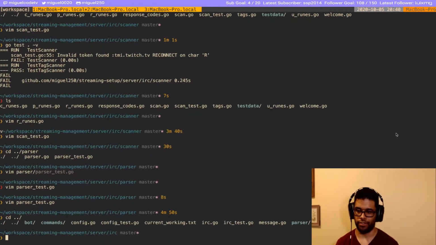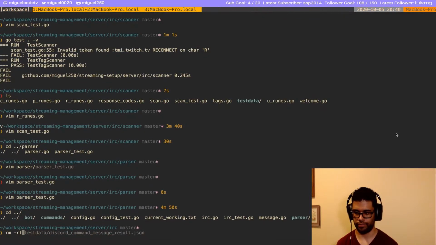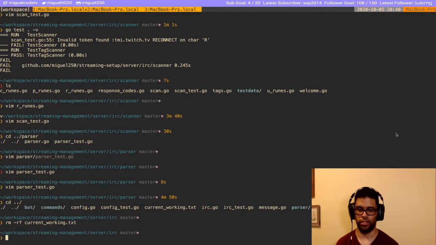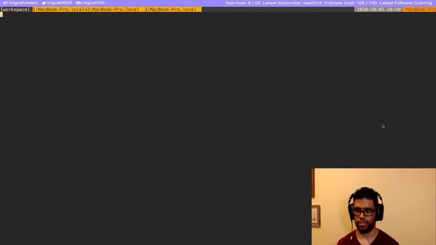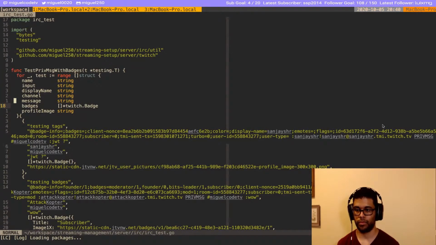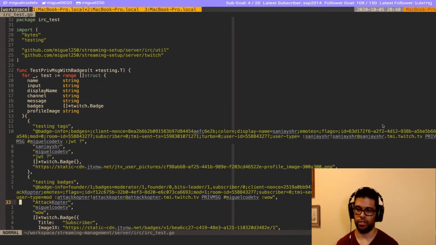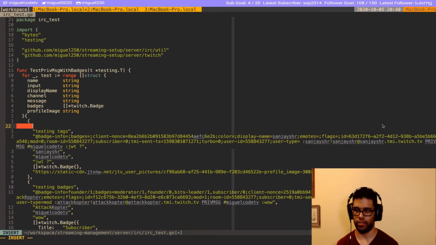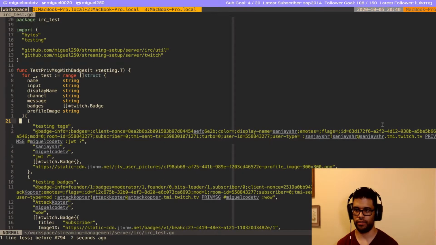And the next part we have to do is teach our client how to handle reconnect. So we don't need this file anymore. Okay, so I think we just need to change our tests here. For this one, we are just gonna do a new case.